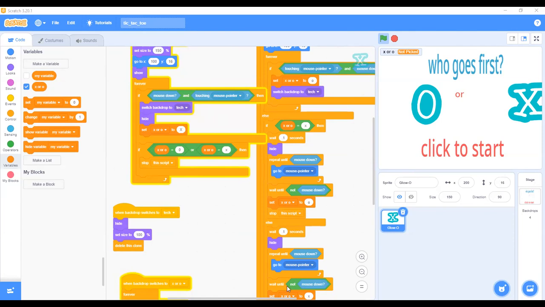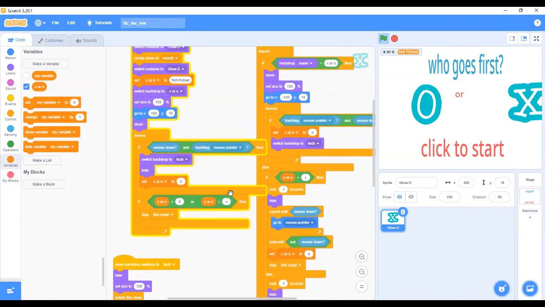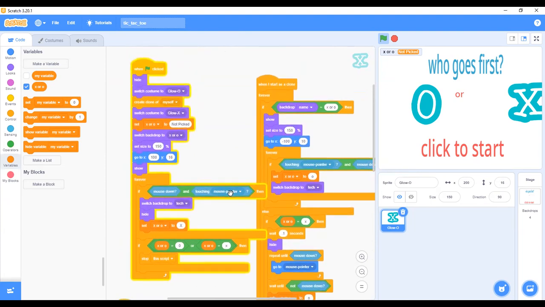Excuse me, Mr. Joseph, which place is named Glow X and Glow Y? Glow X and glow Y is a sprite. No, like in the code. Where? Can you point to where you see it? Like, scroll up.